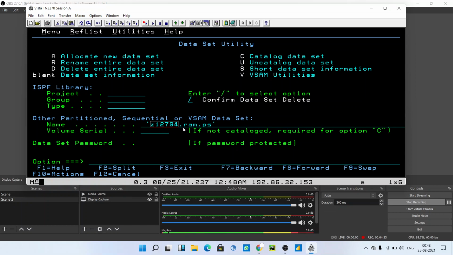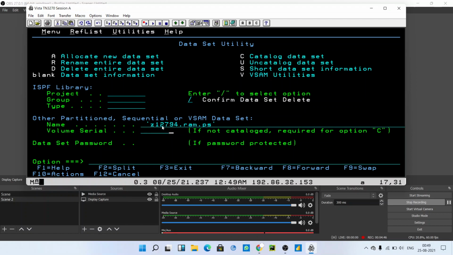Totally you can use 24 letters as your PS file name, and these letters are divided into qualifiers. Before this dot there is some collection of words.